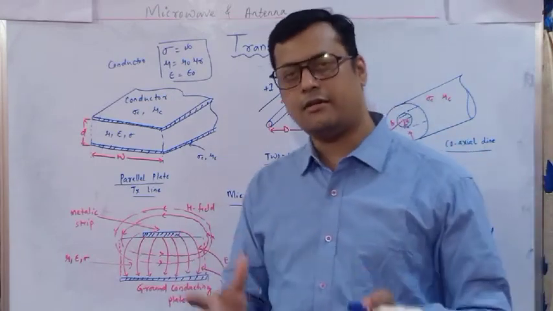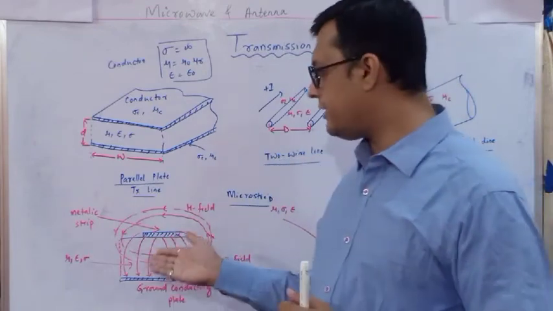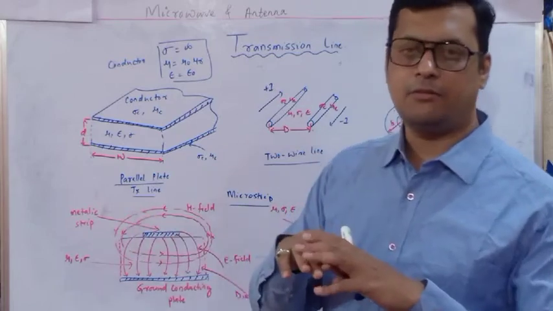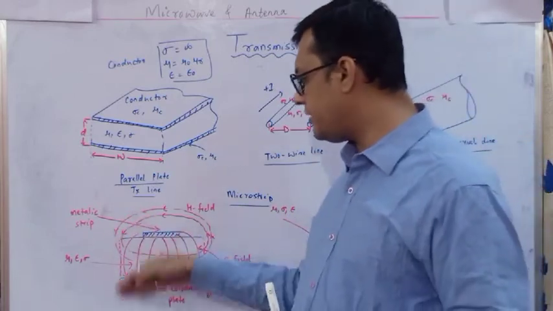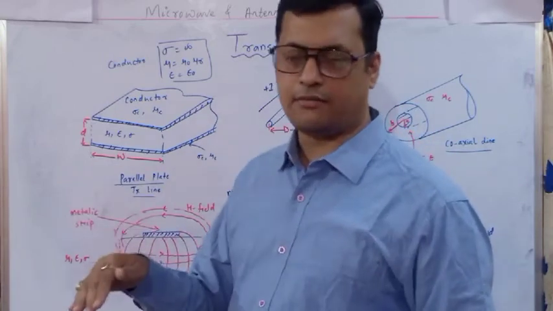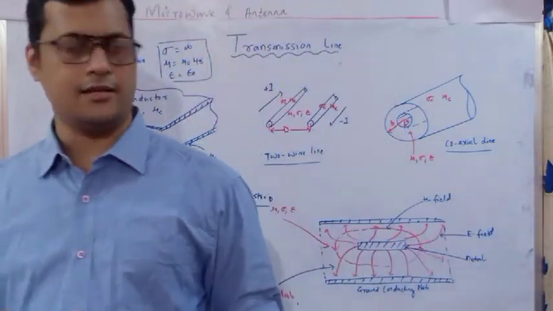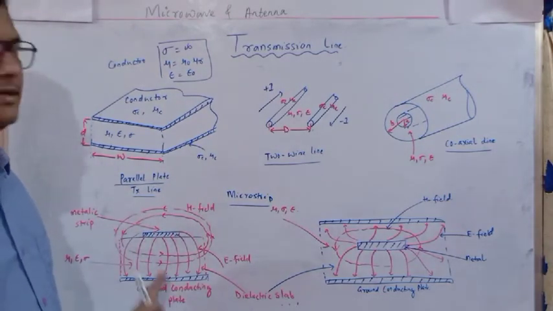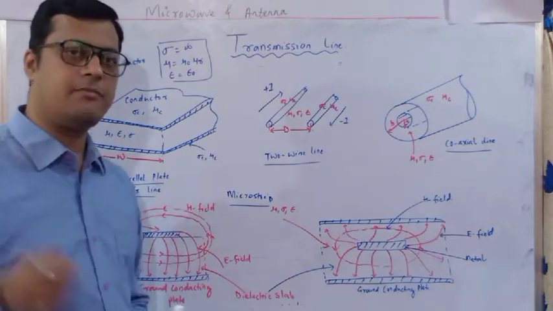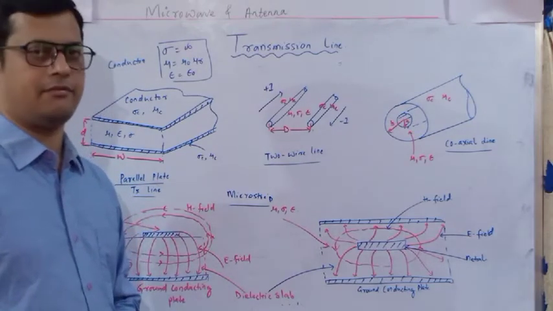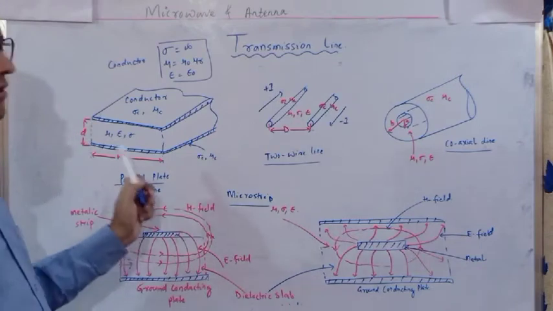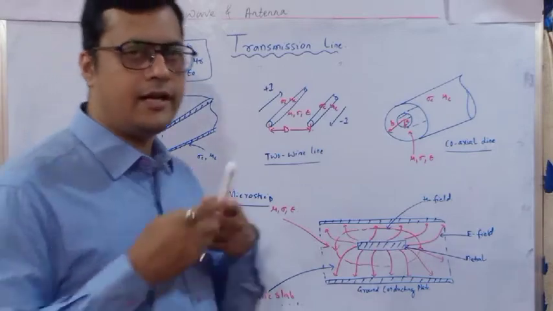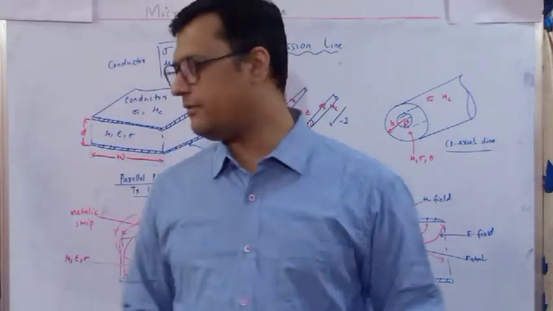Now here, how are the electric field and magnetic field generated? If you energize this upper metallic plate with positive charge, the electric fields move from positive to negative. The ground conducting plane is negatively charged, so all the electric field will be generated from the metallic strip and terminate in the ground plane. Similarly, if the current flows, a magnetic field is generated. Here I have shown the magnetic field with a dotted line. The magnetic field will be circular in nature, and the electric field will be radially outward in nature.